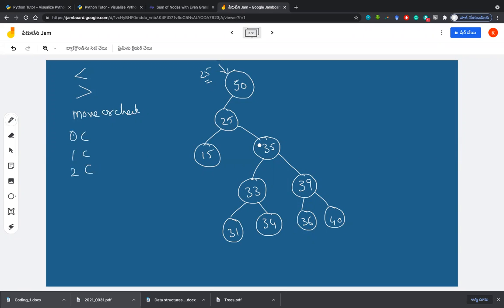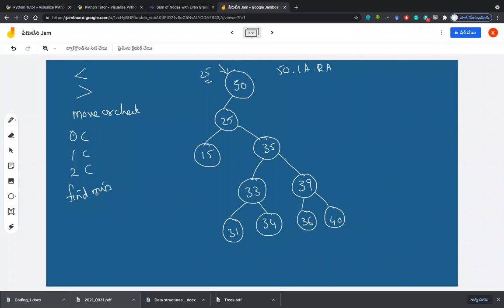Because it has 2 children and I want to delete this node, now my process initiates. I will take my left's right, 50's left's right, that is 35, and send it into a function called find minimum.